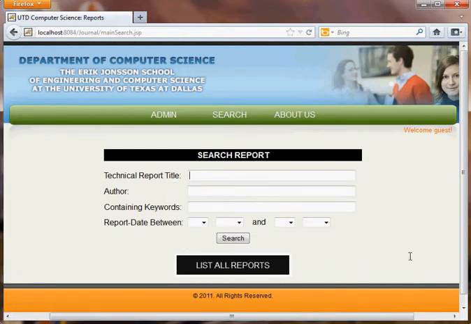Now let's take a small example where a user wants to search the report titles for an author in a given date range. Then he just needs to type in the name of the author and the date range.